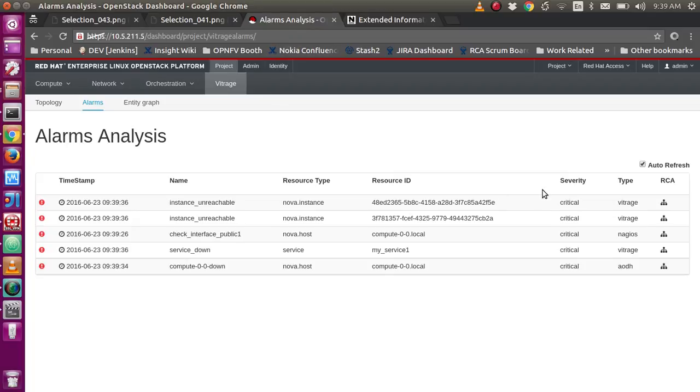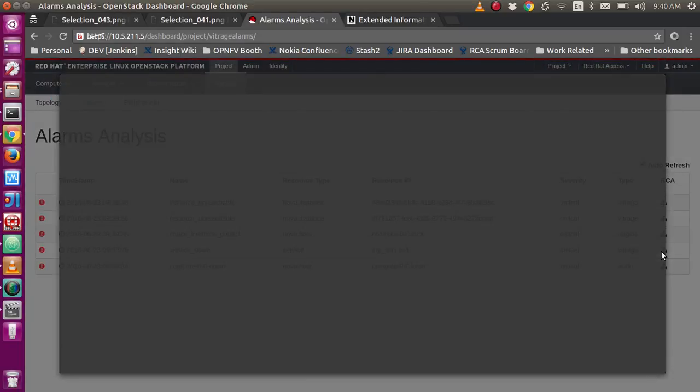Immediately we got not only one alarm on Nagios, but actually another alarm on AODH, as we said, stating that the compute is down, and two alarms on the VMs, VM 1 and 2, as we will see shortly, and one alarm on the service. Now, just looking at this list of alarms doesn't really give us a sense of what happened here. If we look at the root cause analysis for the service problem, we will see